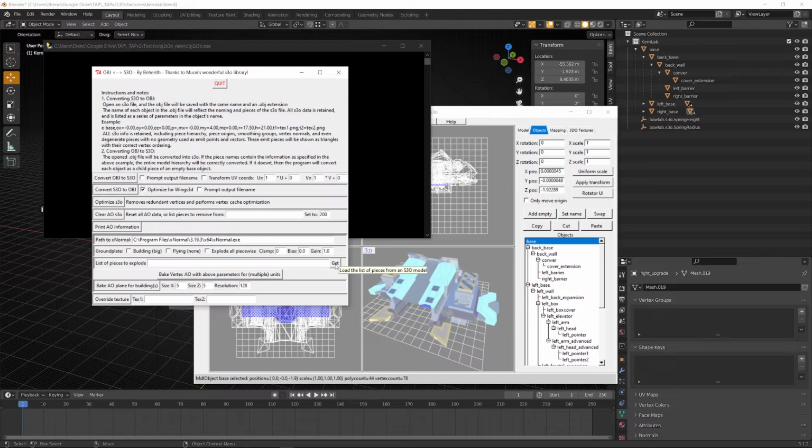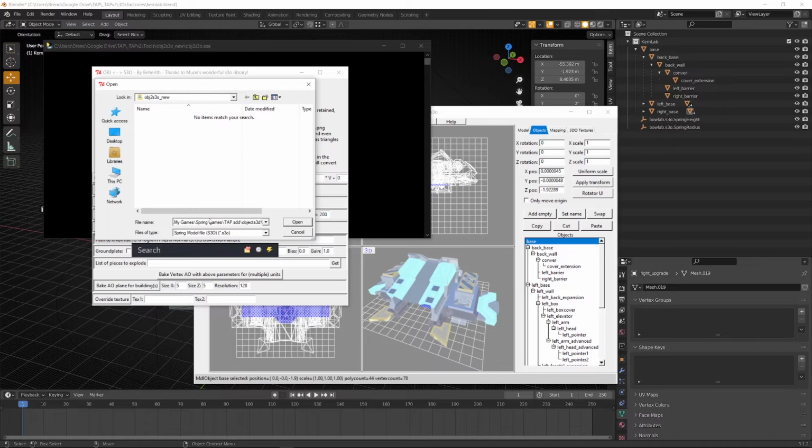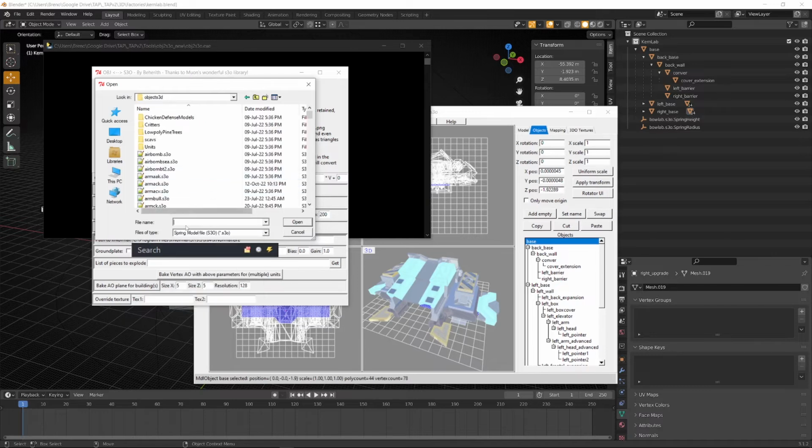Usually I will explode everything. Many times I try to not explode the base for factories, but it didn't work so well within the game. This part got too dark and things like that. So usually I just blow it all up. Blowing up means that the pieces are going to be scattered, spread out one from the other. So the shadows